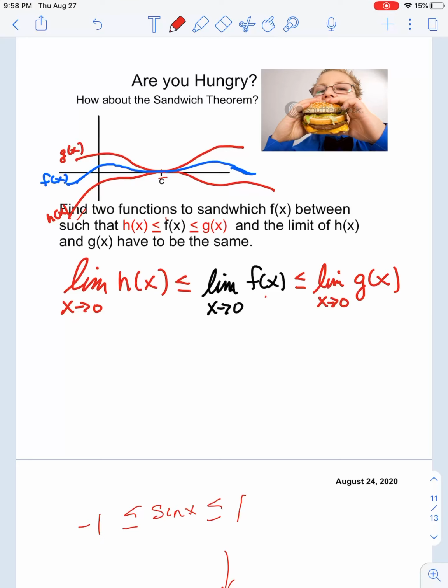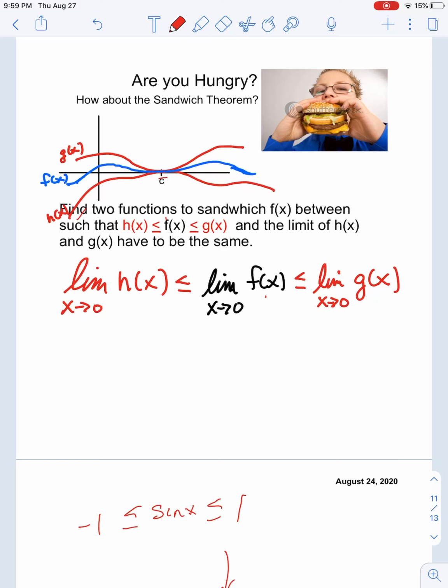All right, we're going to take a look at the sandwich theorem. Ran out of time in class, so I'm going to make a quick video here. The sandwich theorem basically is a way we can evaluate a limit of some functions that otherwise we wouldn't be able to. The situation that we'll be able to use it for is a situation where we have three functions